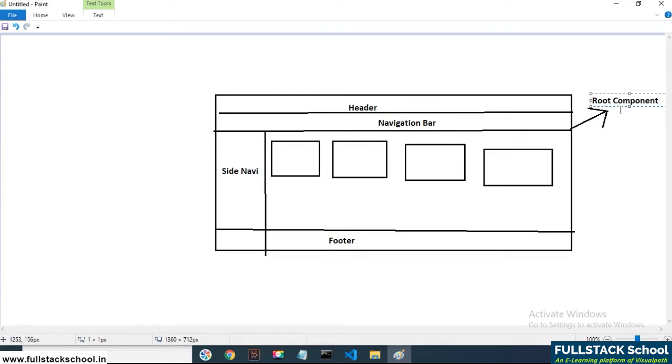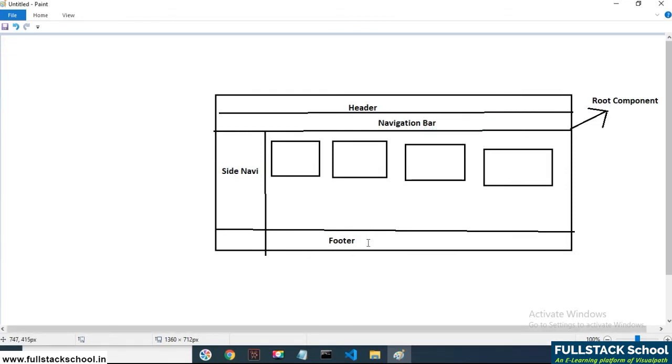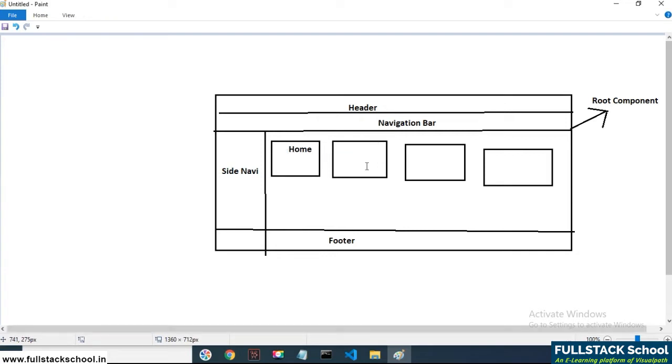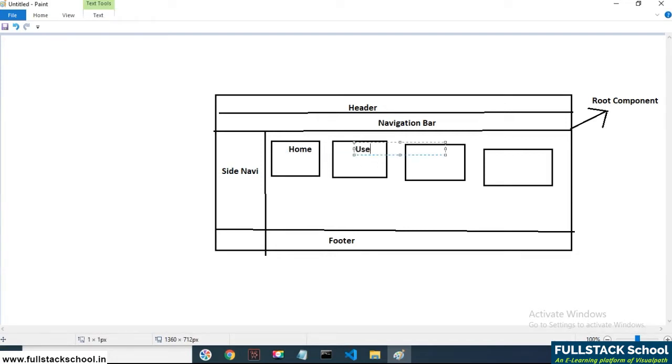In this root component, we are creating components like header is one component, navigation bar is one component, side navigation bar is one component, footer is one component. Let us take this one as a home. Let us take some user. Users is one more component we are creating.